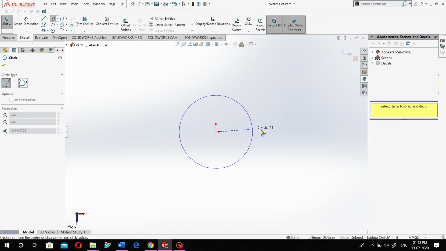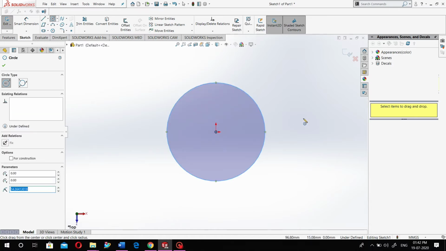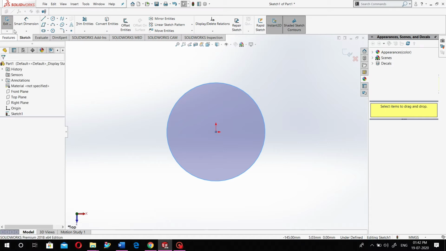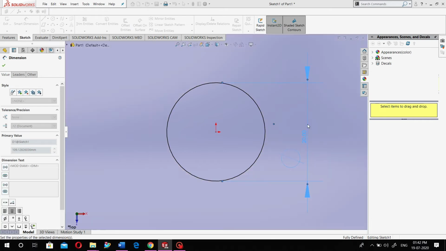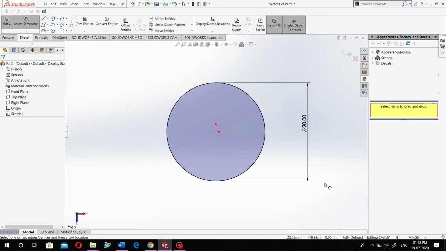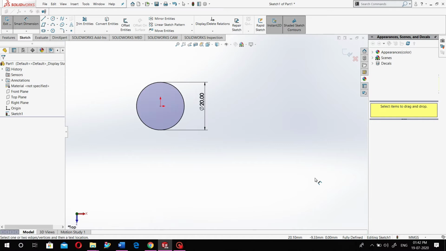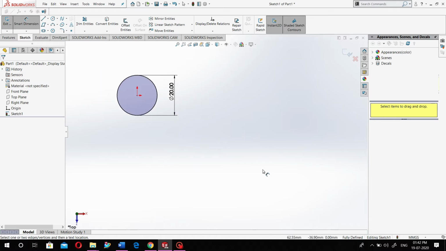Just drag your mouse and place the second point and then press Escape. Now you have to give the dimensions for this circle. So just select the circle and give a dimension of 20, so that the circle is created and it is a fully defined circle.